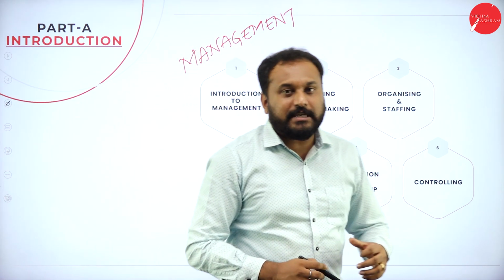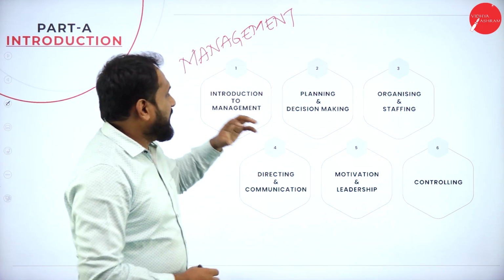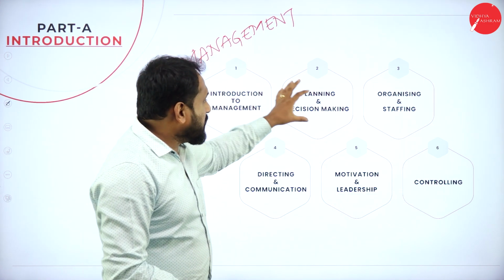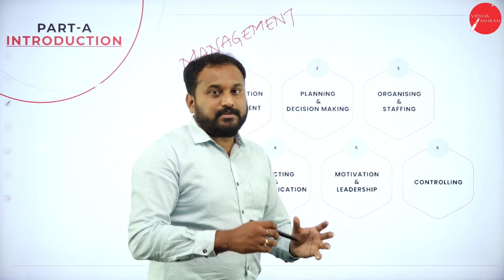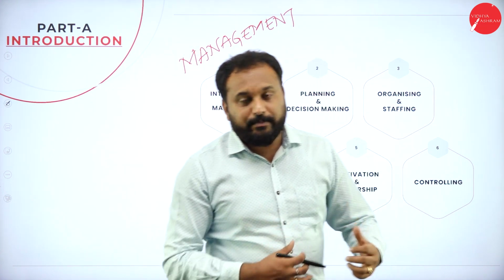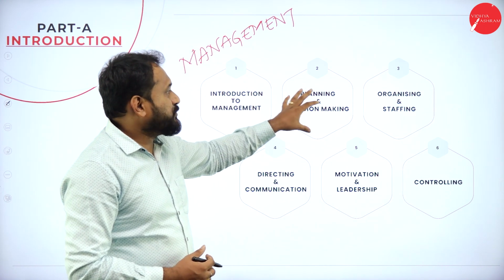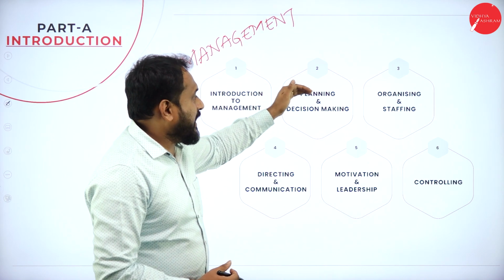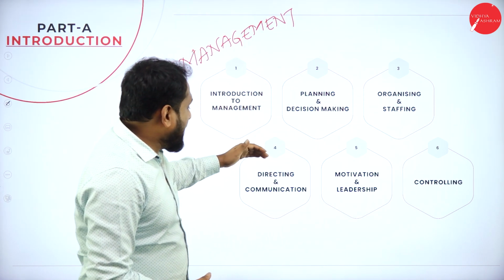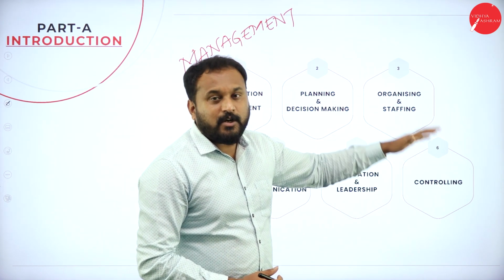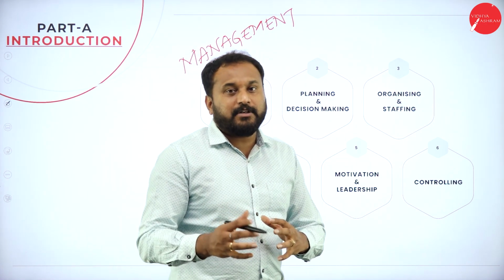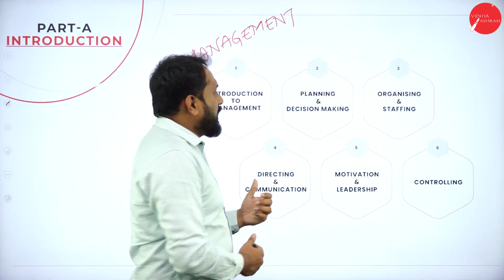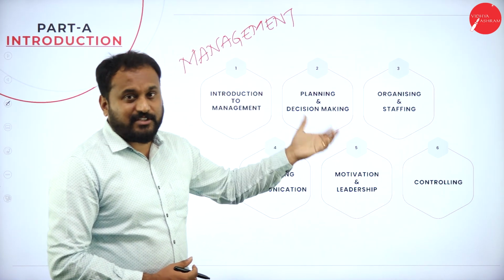After that you will go to the next one, planning and decision making. Planning and decision making are very easy chapters compared with all the other chapters, because if you were a PU student who took commerce in your PU, this chapter becomes very easy for you. Followed by that, it's again planning, organizing, staffing, directing, communication, controlling. All are the functions of management which you are supposed to understand and then write. When you go with planning, you will get a planning process or decision process.